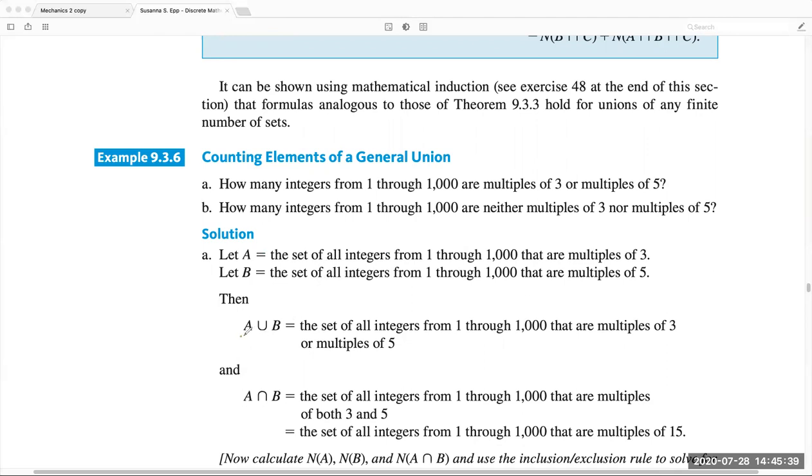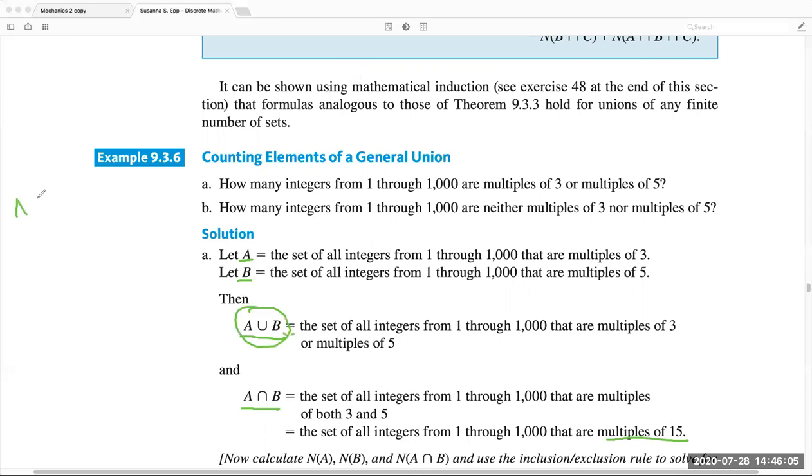So if we want to find the union, that is this one. Union means A or B. For the intersection, A intersect B, that means A and B, they are both multiples of 3 and 5. That means they are multiples of 15. So if we want to count this number,